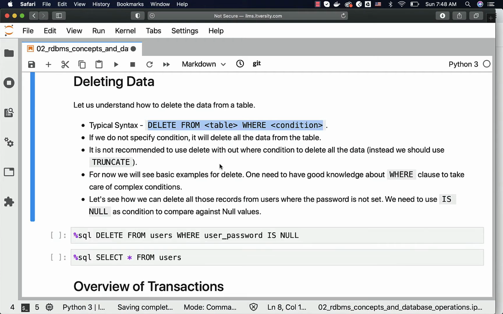For now, we will see basic examples for delete. One needs to have good knowledge about where clause to take care of complex conditions. Let's see how we can delete all those records from users where the password is not set. We need to use is null as condition to compare against null values. Now, if you look at the data,